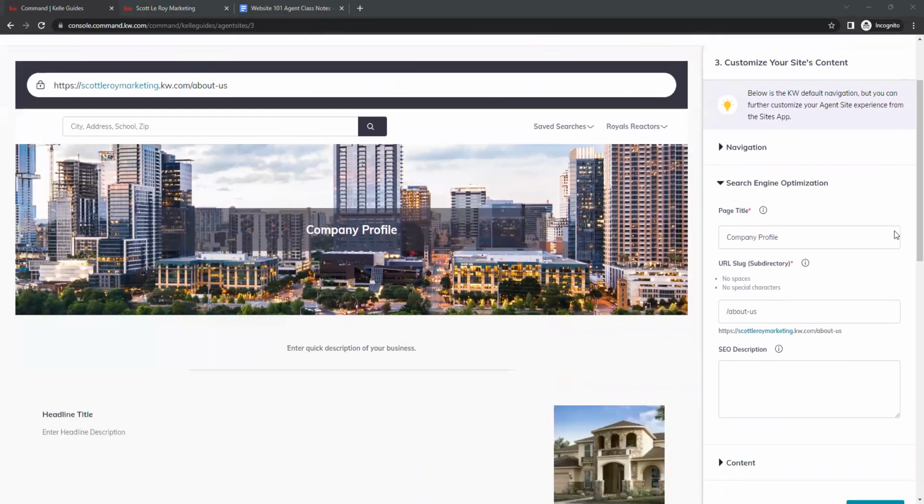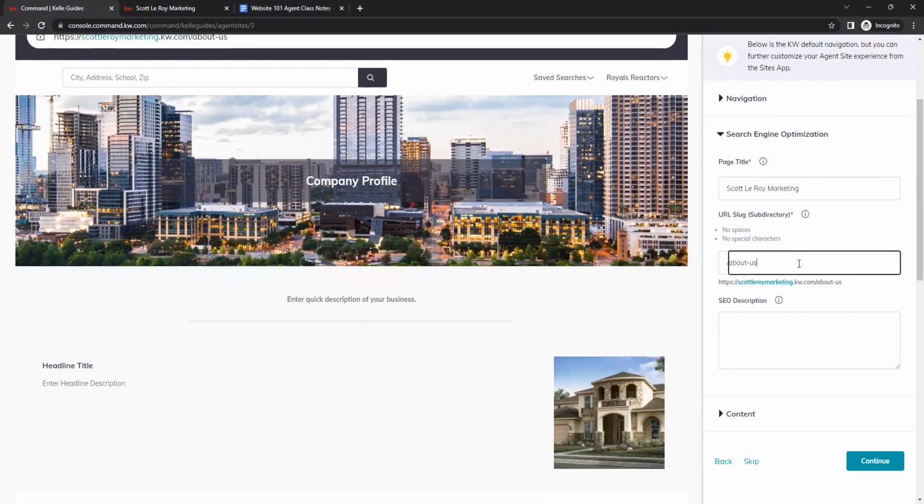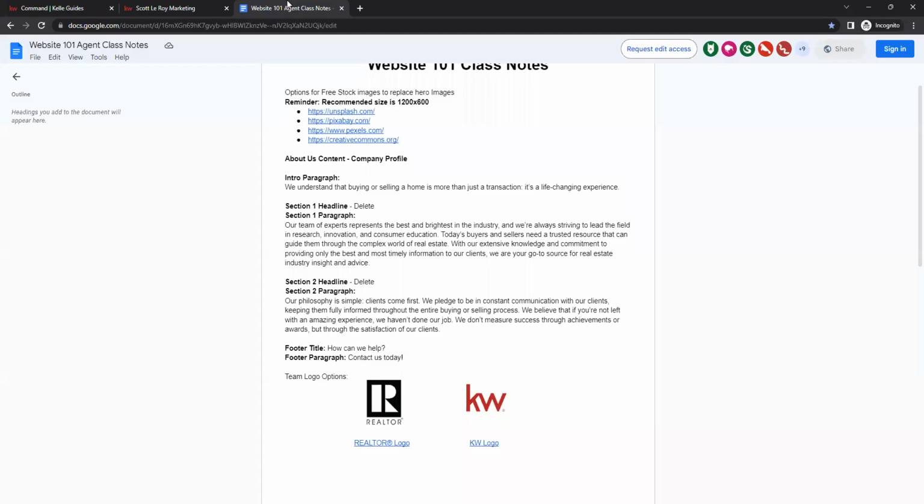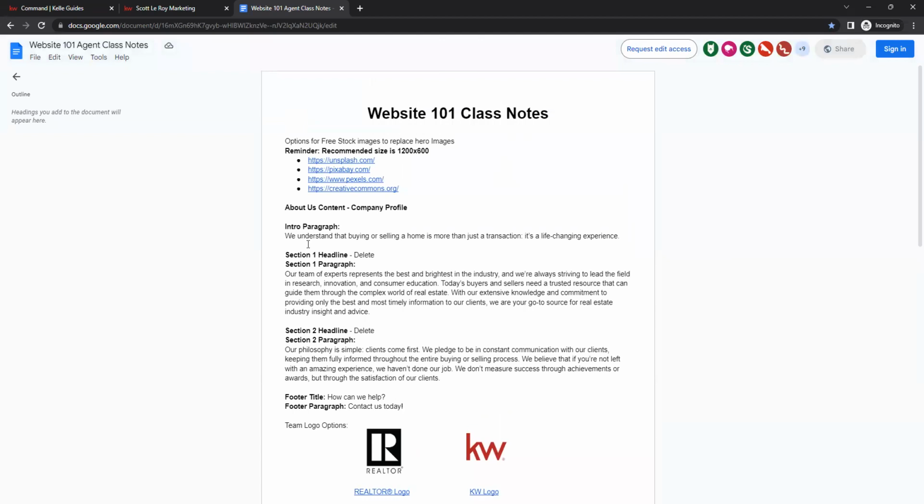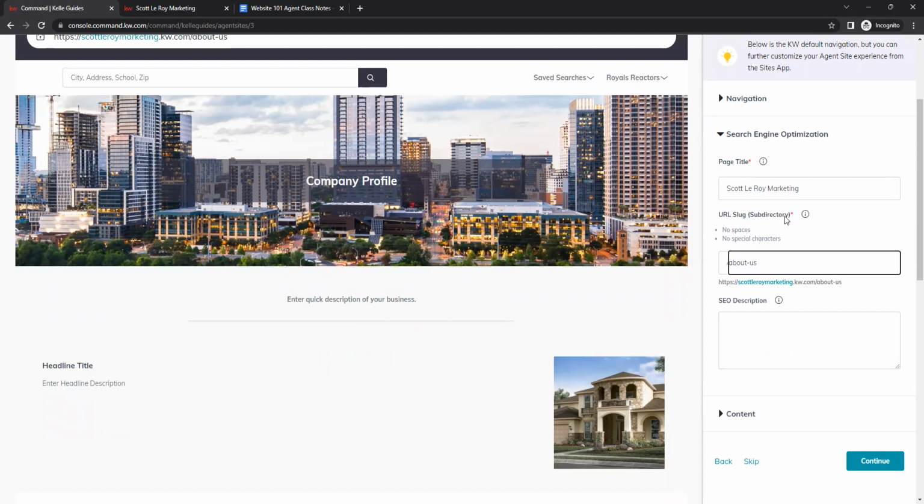So this is going to be our company site. Typically you would put your market center information up here. We are going to put in Scott Oden Marketing. And then for this, we are going to use our class notes. So over here, this is going to be for our company page. We have the text for our intro paragraph. We're just going to highlight that and we're going to right click and copy. And then we can take this back over here